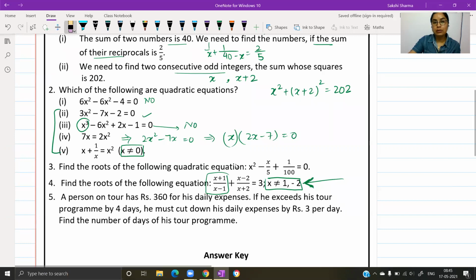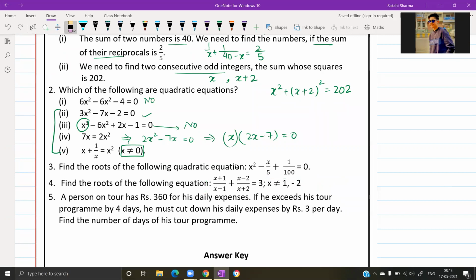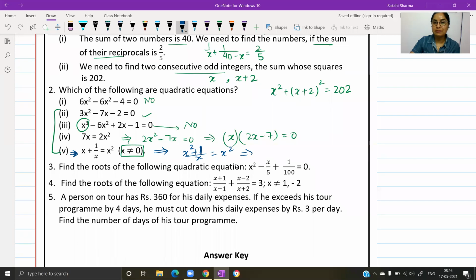The reason why fifth equation is not a quadratic equation. इसको simplify करो. When we take the LCM, it will become x cube. Yes, it will have x cube. Mridu? Ma'am, I just wanted to say the answer. Okay. So if you take the LCM on simplification, you get a term containing cube. That's why it is not a quadratic equation. Always give your answer once you have simplified.